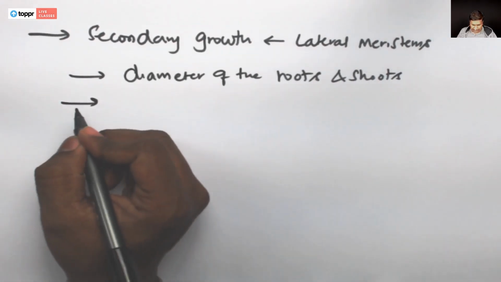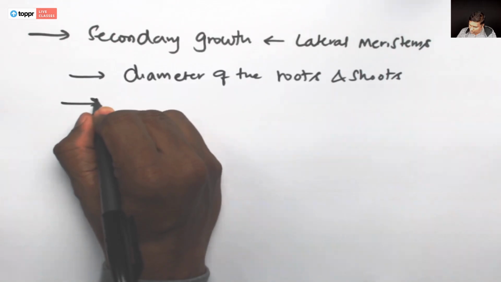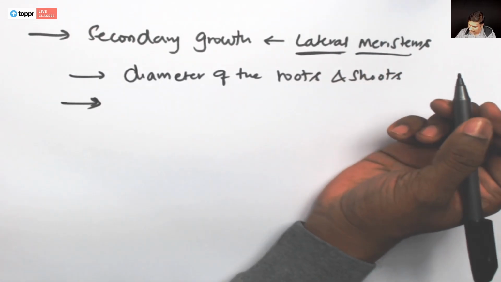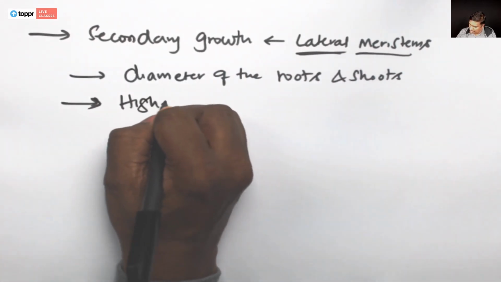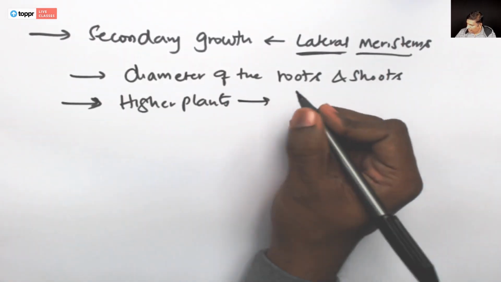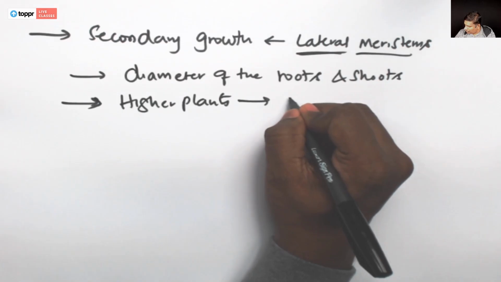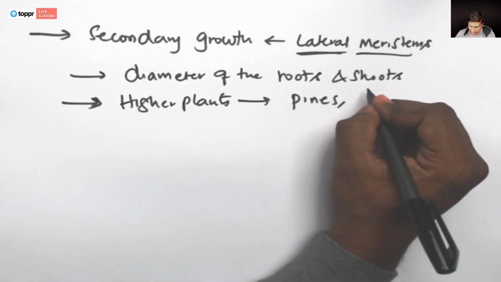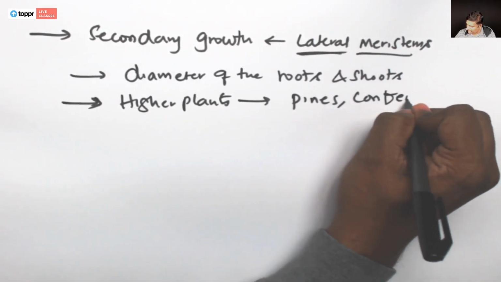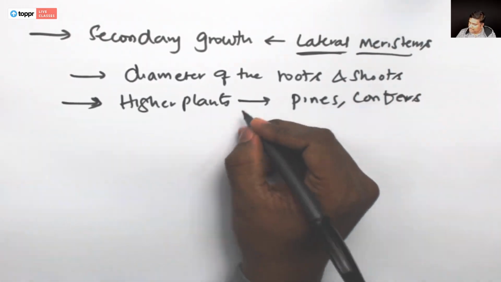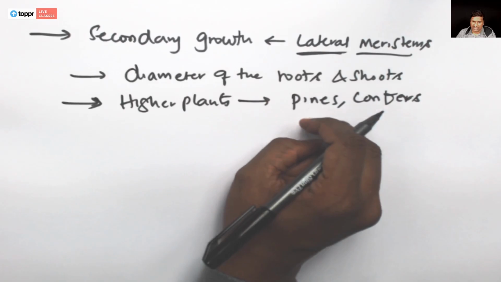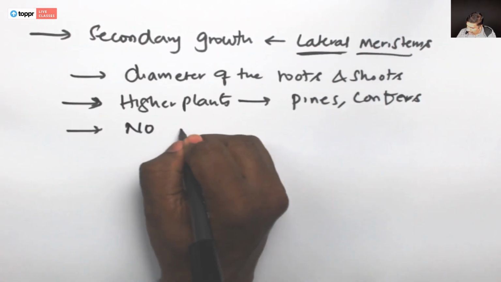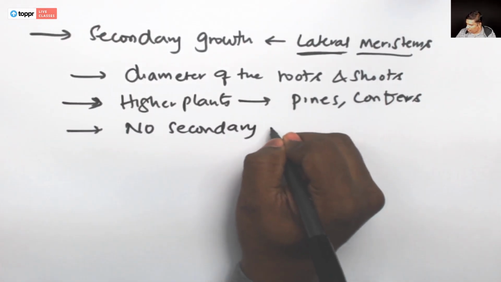And this secondary growth, you won't find in all the lower plants. You will see the secondary growth only in higher plants, like for instance your pines, or any other woody plants like conifers. All the woody plants, the wood is because of the secondary growth. The wood formation is because of the secondary growth. So in smaller plants with no secondary growth,